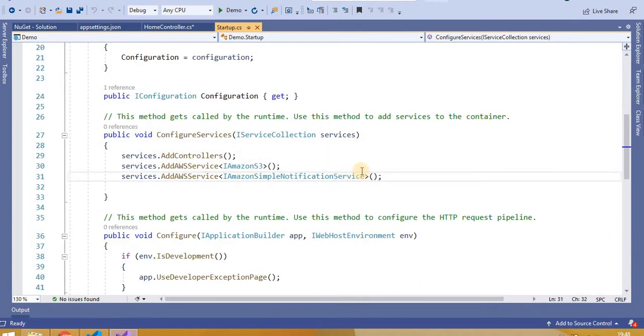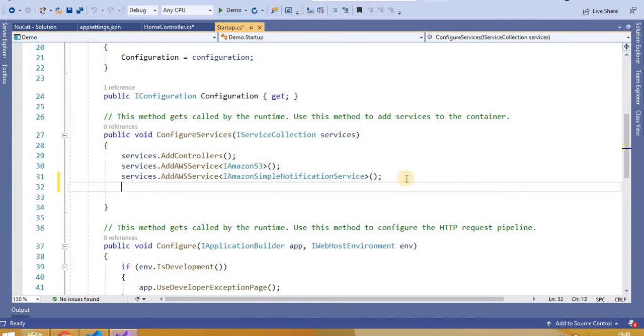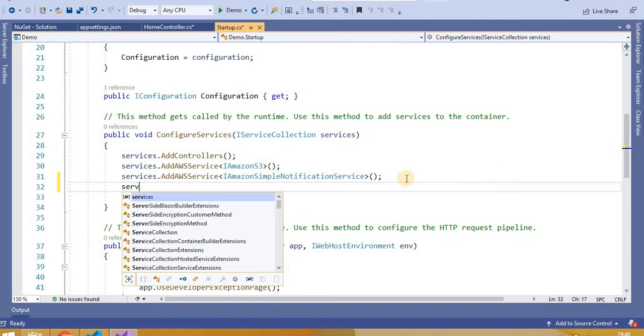Now move to the startup file, and inside it add that particular service. Like in the last demo we added Amazon S3 and Simple Notification Service, now I will add this new service, SQS.